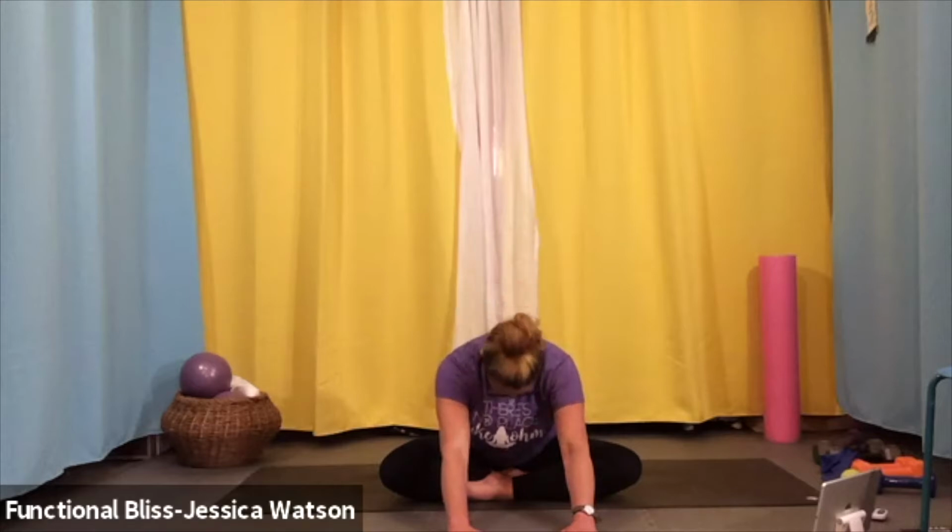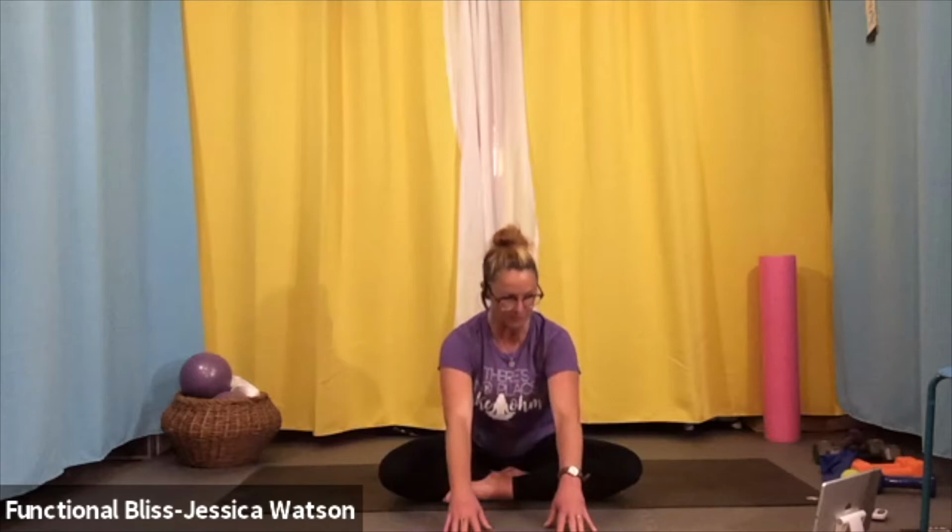Tuck chin to chest. Gaze up towards the ceiling. Pull your chin back to a neutral place, pull your abdominal muscles in, drag your fingers on the floor as you come on up. And now we're going to drop our left ear over to the left shoulder and then